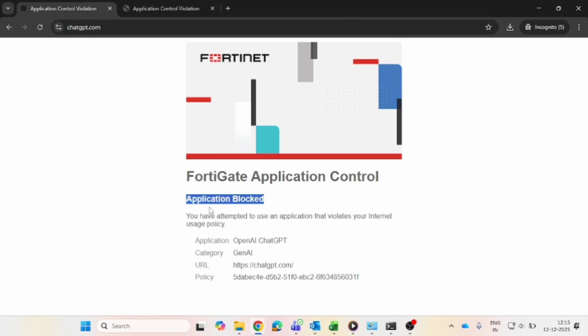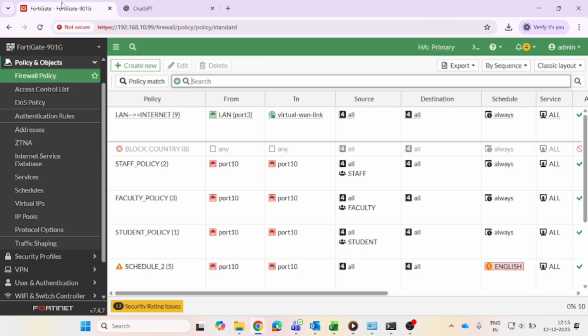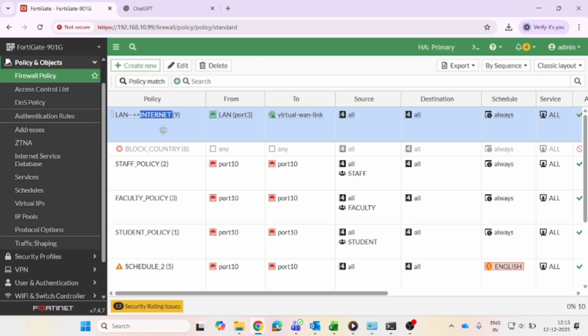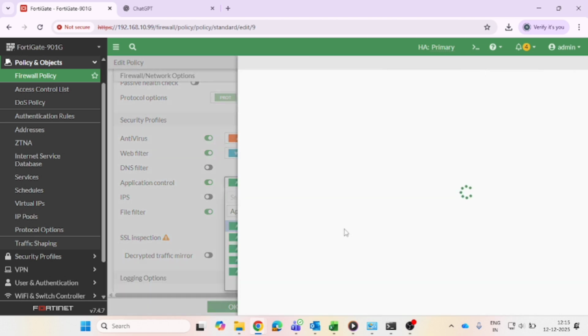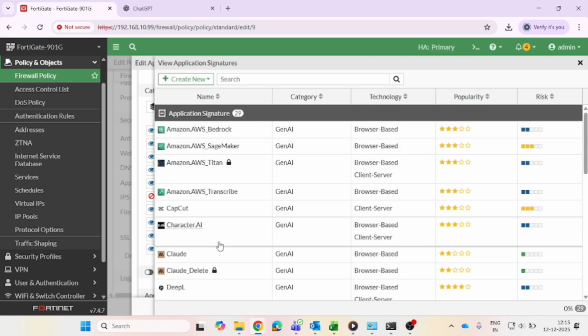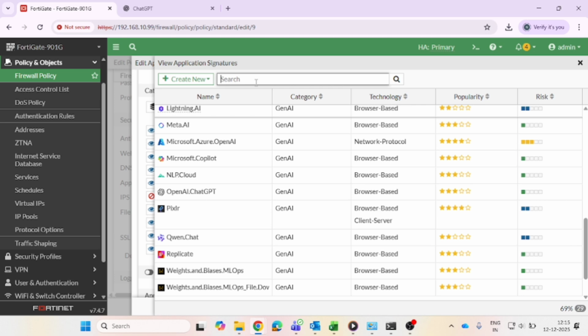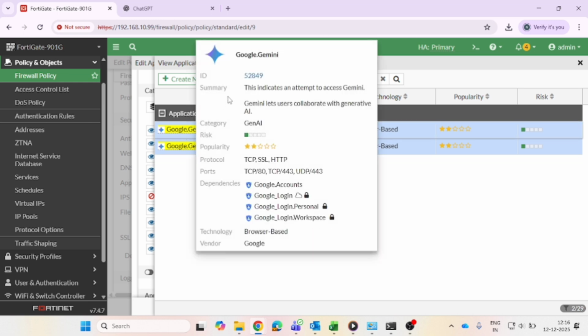So all these 29 applications are blocked by the FortiGate firewall. If you want to access only Google Gemini from the category of AI, I will go to the firewall policy, then click on it and open the application control, and now you can see I will open the view signature, and then I will search Gemini, and then right click on it, and you can see there is the ID number. I will copy this ID